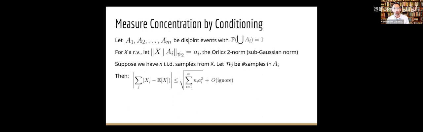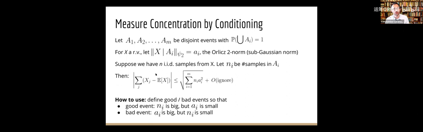And then we balance how bad it is for our concentration when x falls in one of these events, say A2, versus how often that happens. Balancing those two is, again, essentially the spirit of this entire work, or at least our technical angle in this work, which is balancing the impact of a bad sample on our estimate versus how likely it is for such a bad sample to occur. And that is essentially the story here.